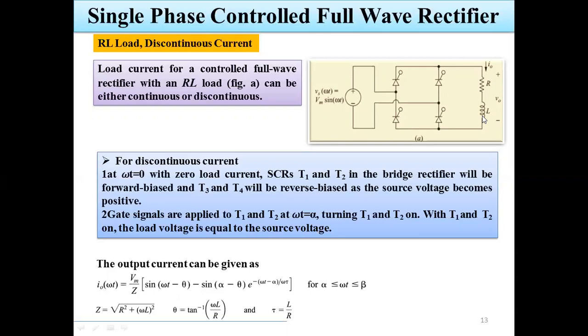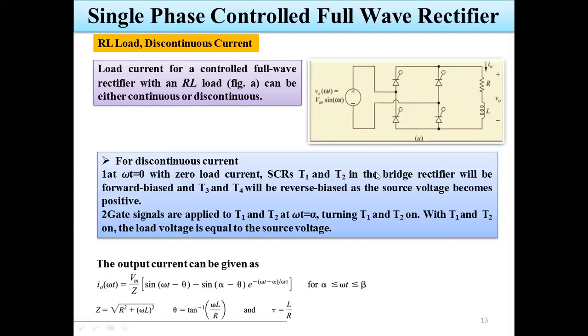Therefore, when you use a freewheeling diode across the load circuit, suppose I have not shown the freewheeling diode here. If you add a freewheeling diode across the load circuit, then whenever thyristors T1 and T2 are turned on and, after completing the operation, T1 and T2 are turned off, what should happen for a half wave circuit, suppose? The energy stored in the inductor is fed back towards the resistive load by using the freewheeling diode. That is the purpose of the freewheeling diode.